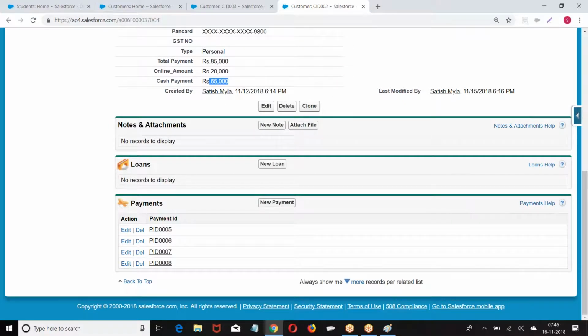So how many fields can we create? We can create up to 25 roll-up summary fields. You are trying to aggregate the values from the corresponding child records. The aggregate can be count, min, max, sum. I hope you are good. Everyone is good with this concept? Clear for everyone?